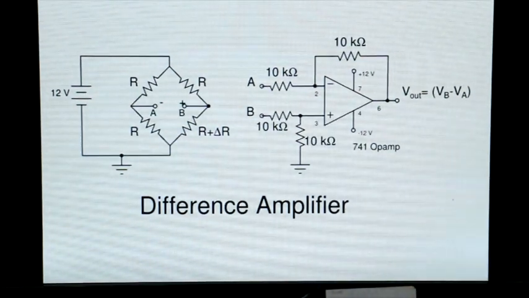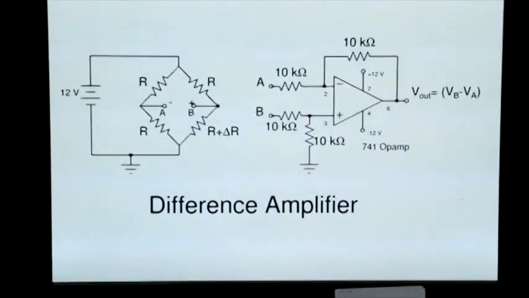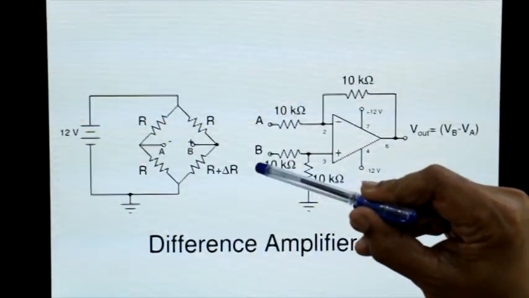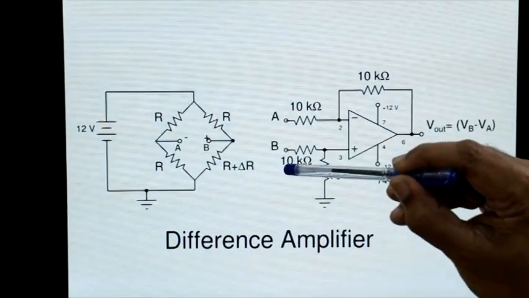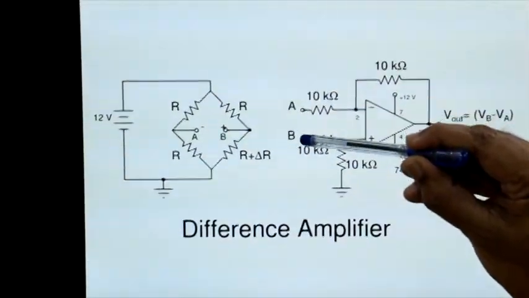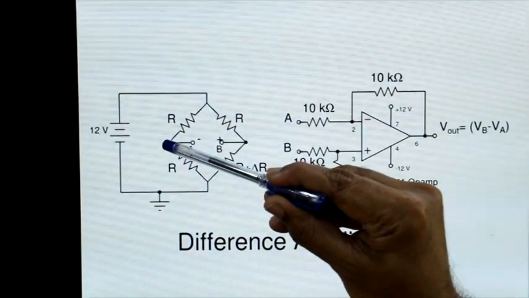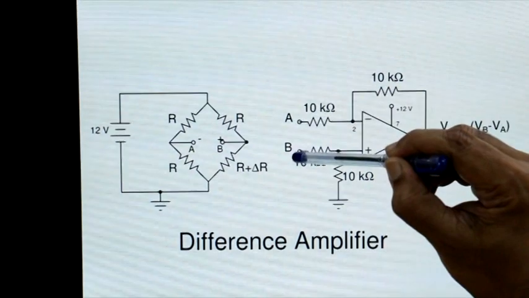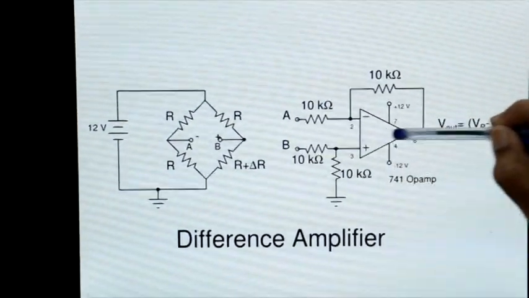What we want to show right now is basically two conditions, one for the common mode, one for the differential. Initially, let's do the common mode performance. Common mode means we have shorted A and B and we have connected that to the center point here, which is 6 volt. So ideally you should get a 0 here.